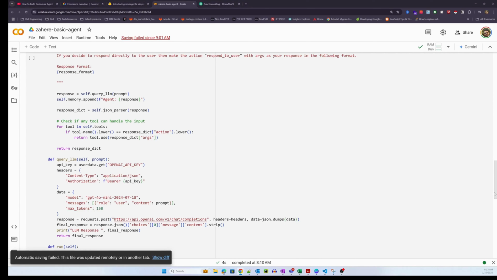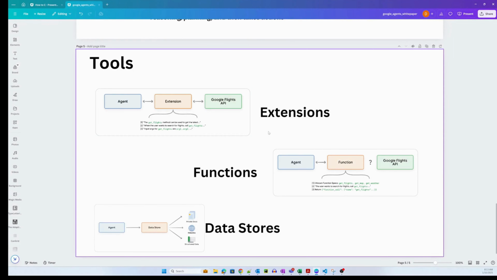Now let me go back to the different types of tools that Google has explained in the white paper, and see where our format of tooling fits in.